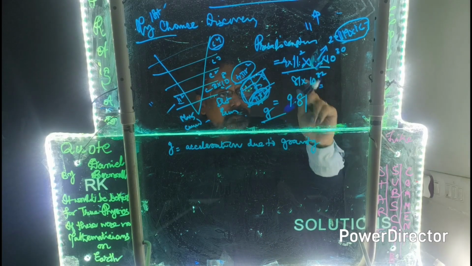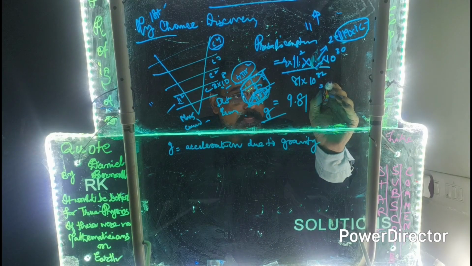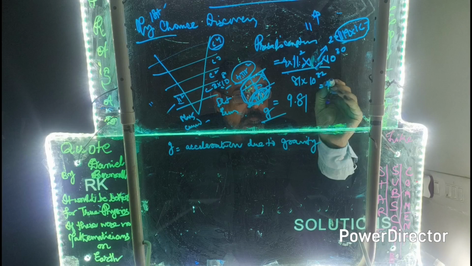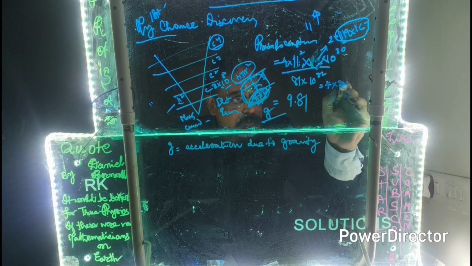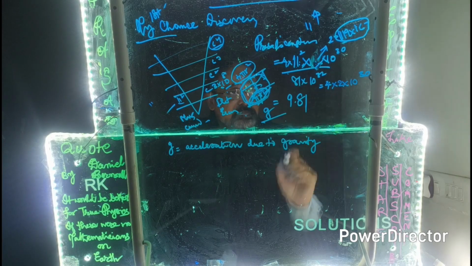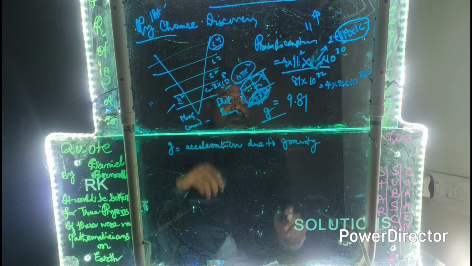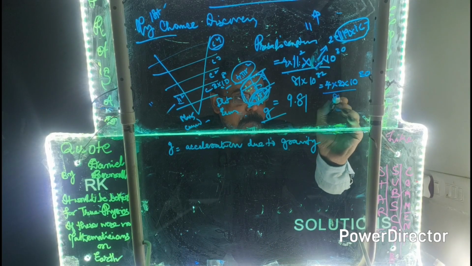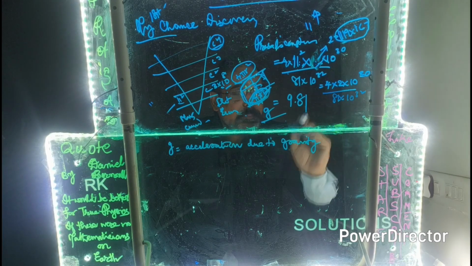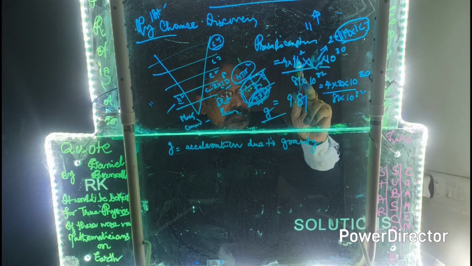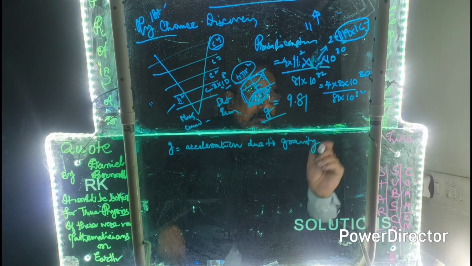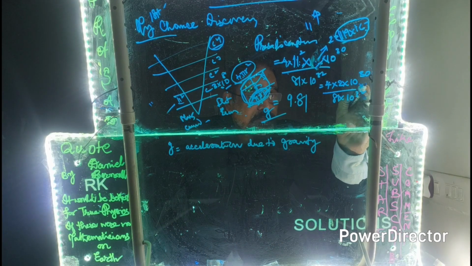As a formula, then this becomes exactly 4 into 2 into 10 raised to 30 by 81 into 10 raised to 32. 119 into 1.67 is 2, into 10 raised to